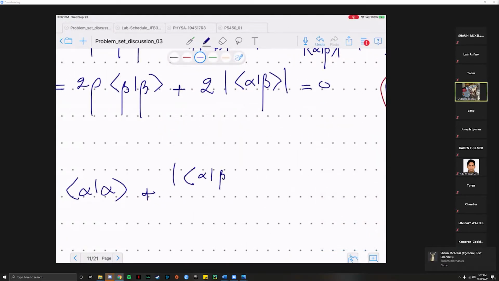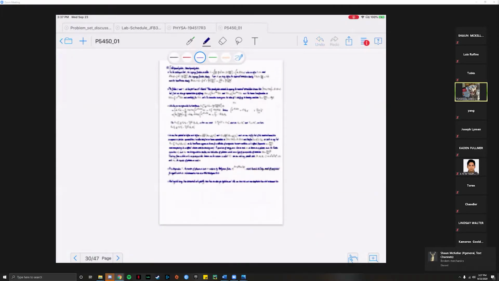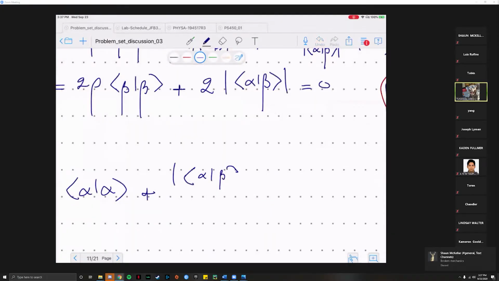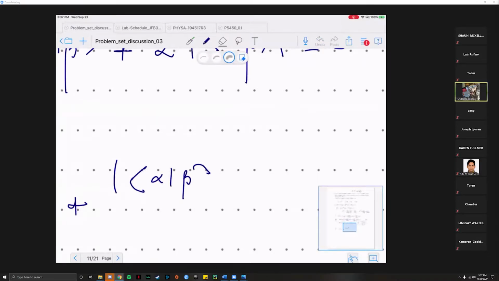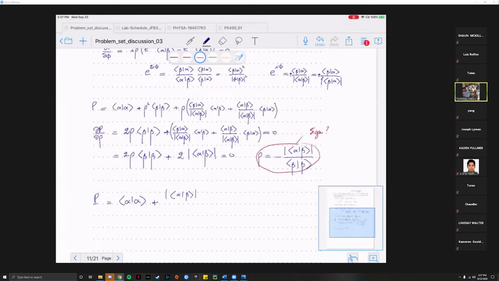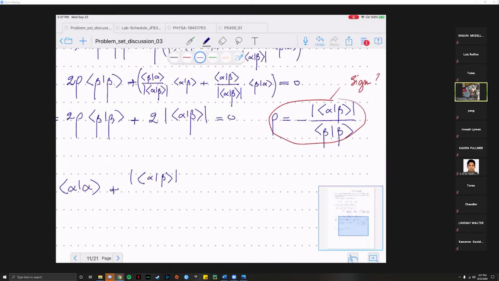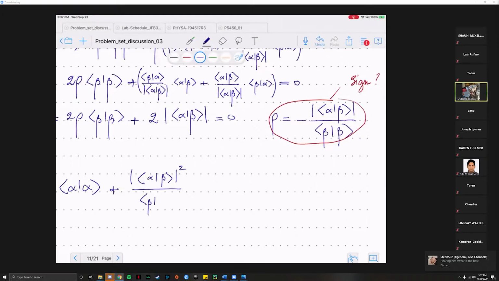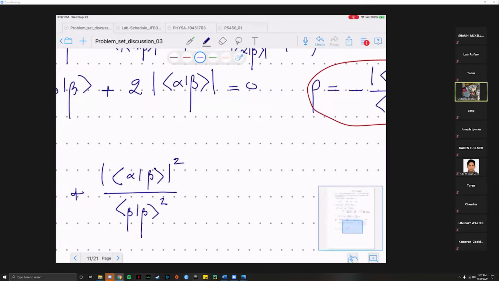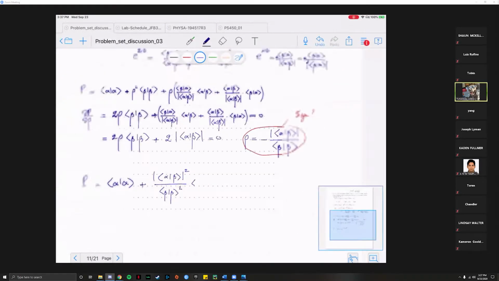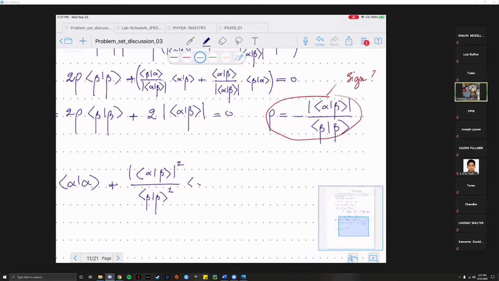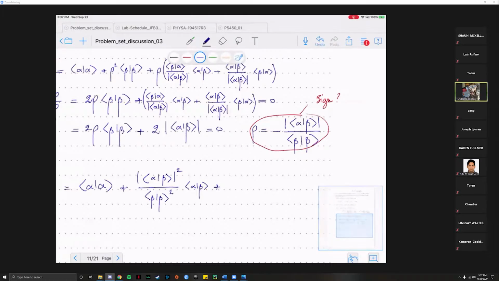Alpha beta squared divided by beta squared, and this is multiplied by alpha beta plus